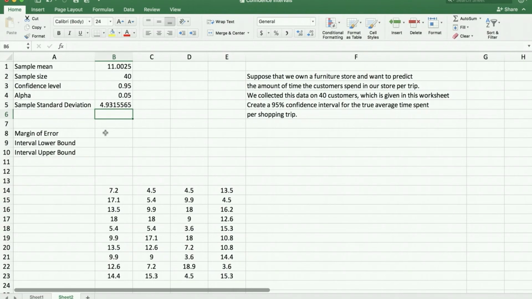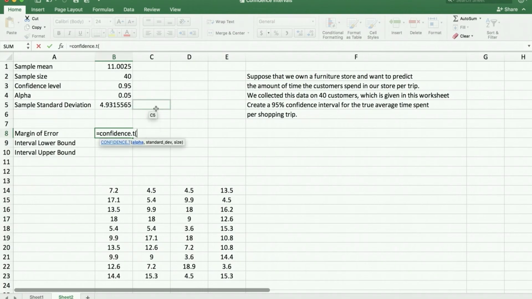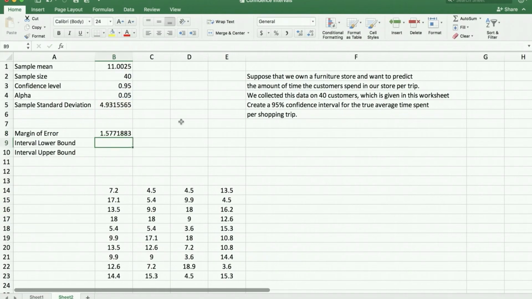Okay. So in this case, when we don't know the population standard deviation, we are going to use a distribution called the t-distribution. And the function that we use to calculate the margin of error is called confidence.t. And in this case, again, we need alpha, we need standard deviation, and we need the sample size. Alpha is 0.05. The standard deviation of the sample is 4.93. And the sample size is 40. So after I input all these values, I am ready to calculate the margin of error,